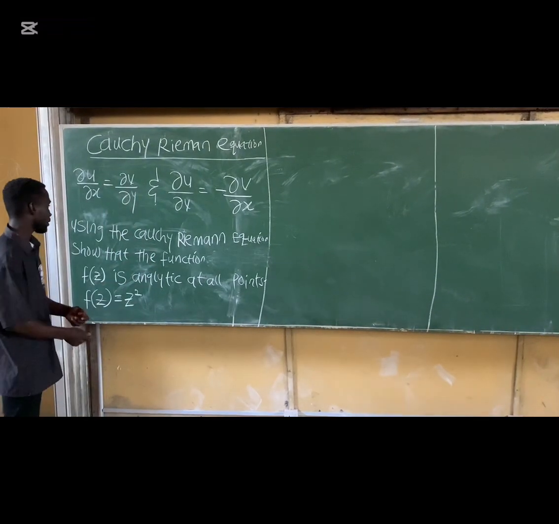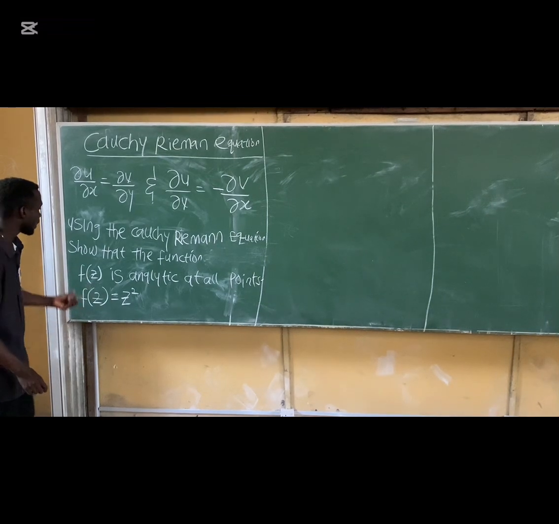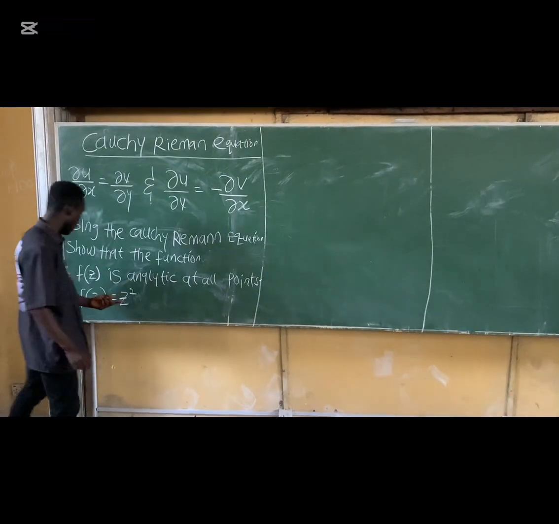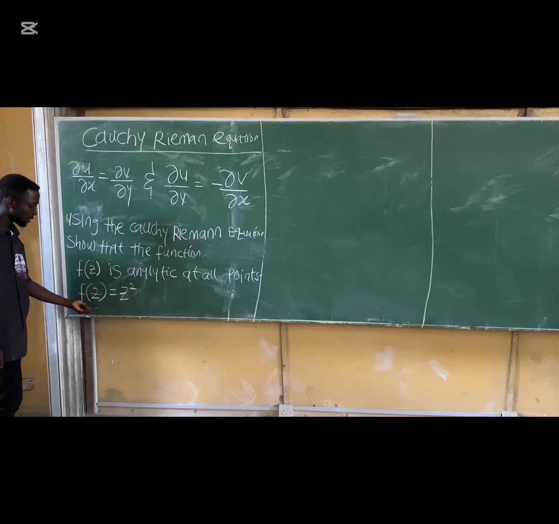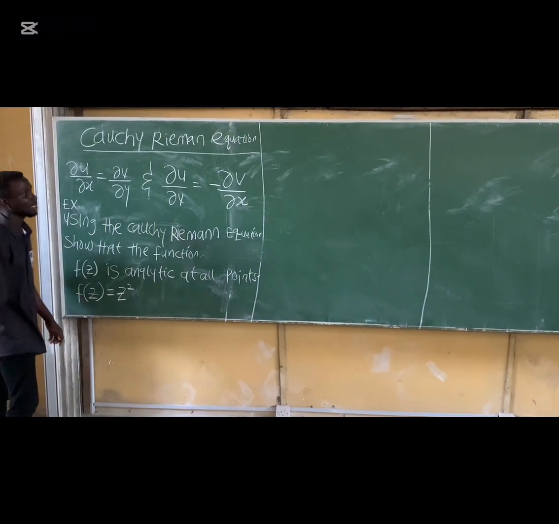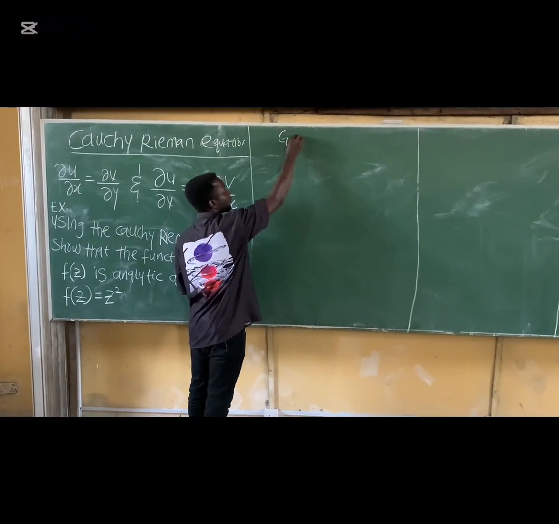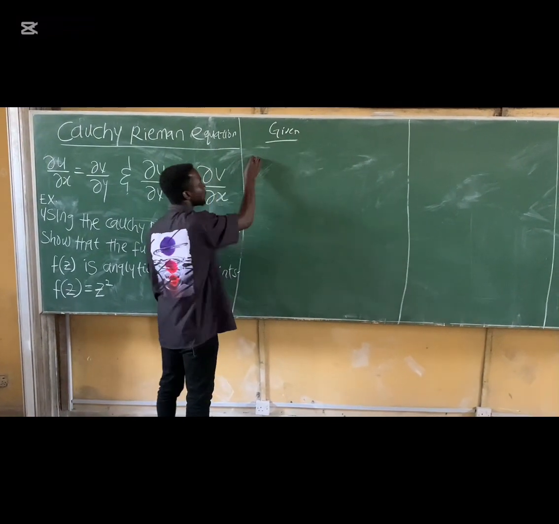Let's use an example. Using the Cauchy-Riemann equation, show that the function f of z is analytic at all points, where f of z is equal to z squared. Let's look at this example. Now the question says that given that f of z